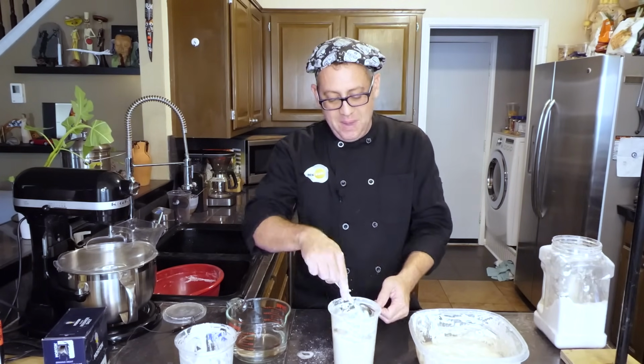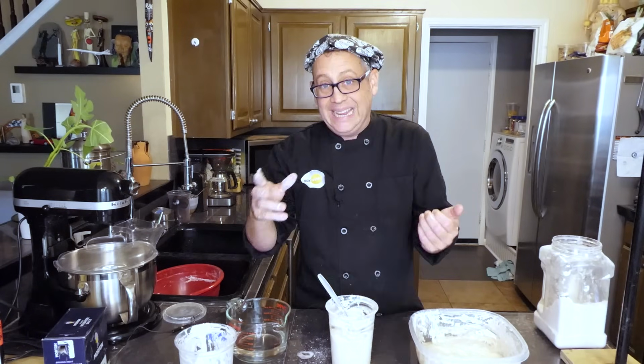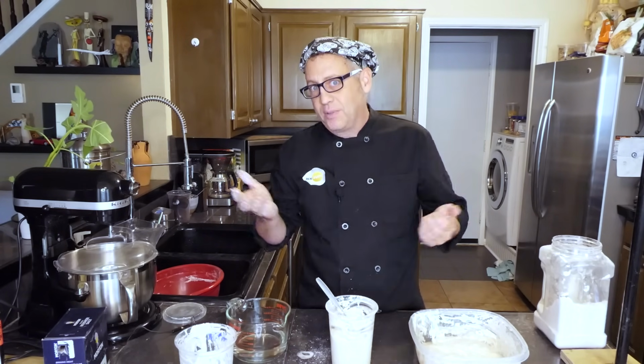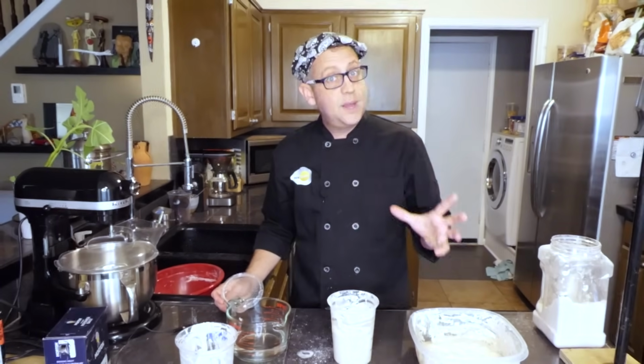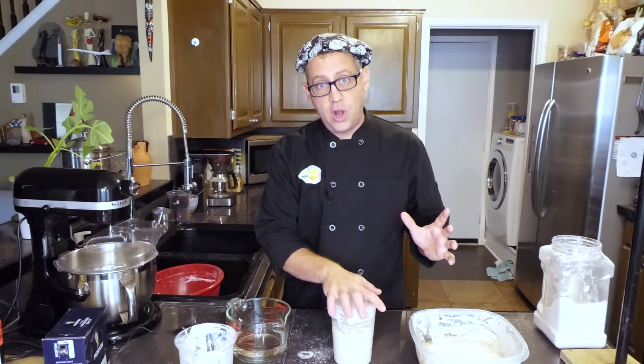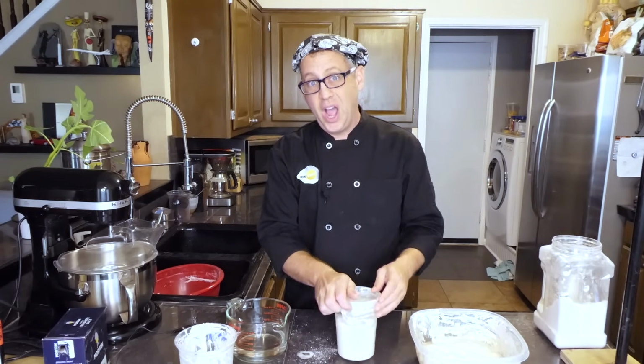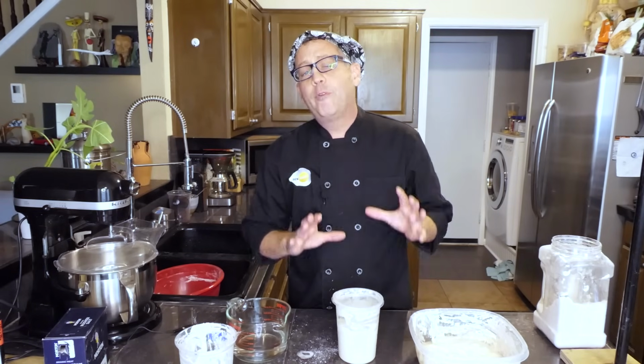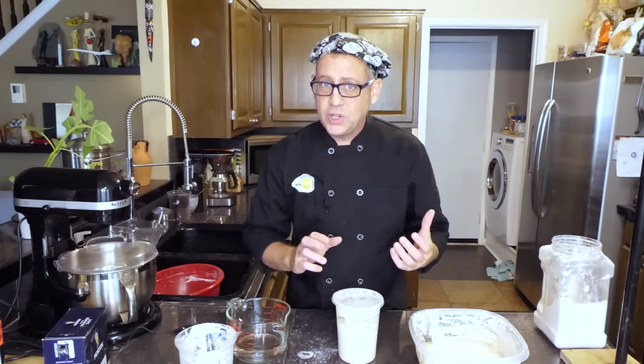Of course, if you make too much starter, you can always gift some to a neighbor or a friend, or take some out and use it in any type of sourdough discard recipe. Now the next step is very, very important. Cover your starter lightly. These plastic lids are not airtight, so they'll let any expanding gas out. But you want to leave it on the countertop for at least an hour,